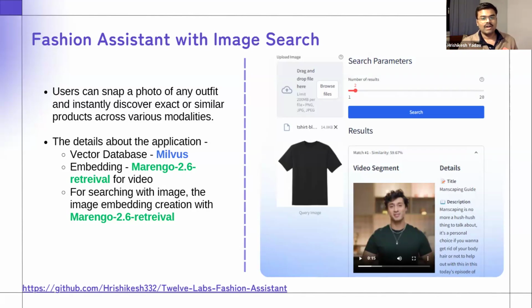How it has been built is by using the vector database Milvus and using Zilliz Cloud deployed on GCP. Here, Marengo 2.6 retrieval is used on the product catalog, the whole product catalog with the video,